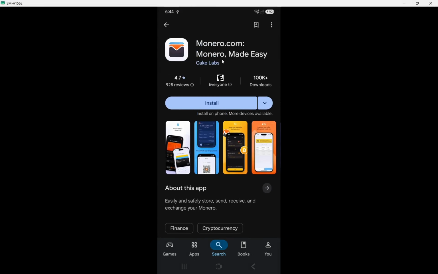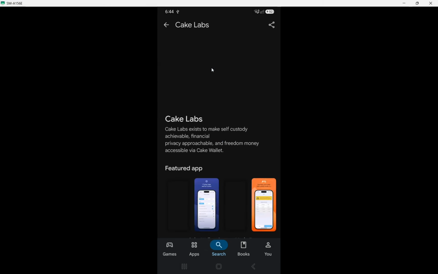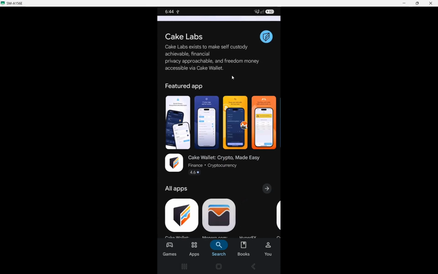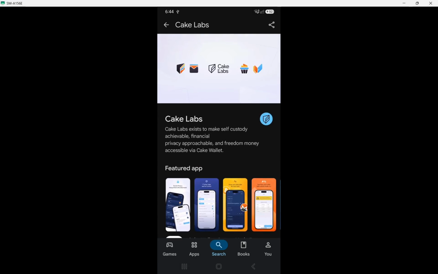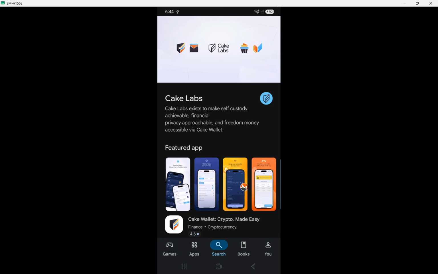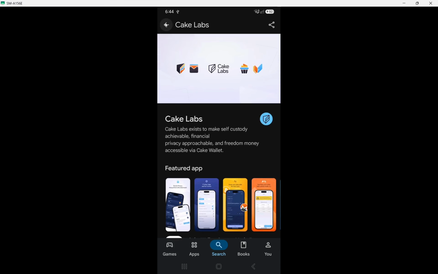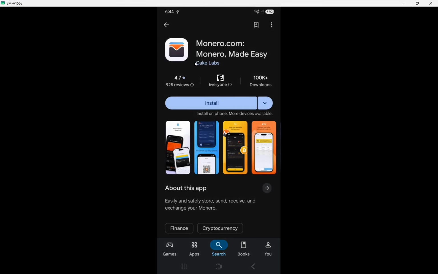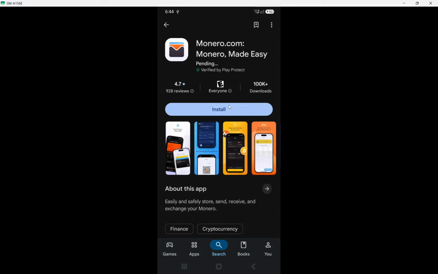Once you find the wallet you want, it's time to verify the developer before installing. This is a critical step because it ensures that you are downloading an app from a trustworthy source. Look for well-known developers and read user reviews to gauge the wallet's reliability. This verification process keeps your funds secure and helps you avoid potential scams, which is vital in the cryptocurrency world.